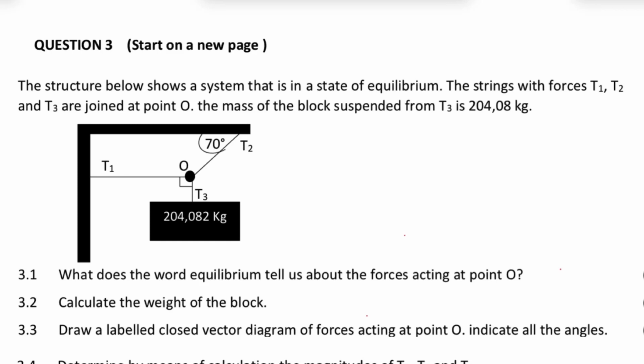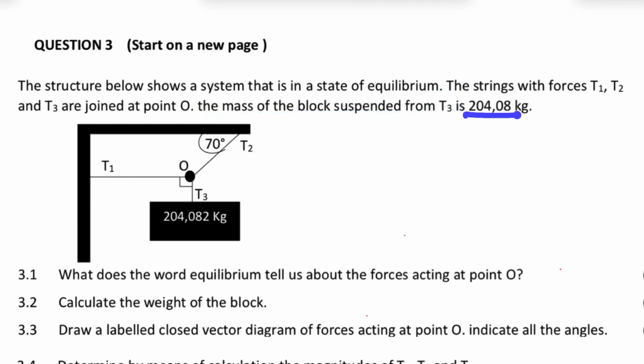Hi guys, here's the exam question on equilibrium of forces. Let's cut to the chase. It says the structure below shows a system that is in a state of equilibrium. The strings with forces T1, T2 and T3 join at point O. Here's T2, T3, T1 joined at point O. The mass of the block is suspended from